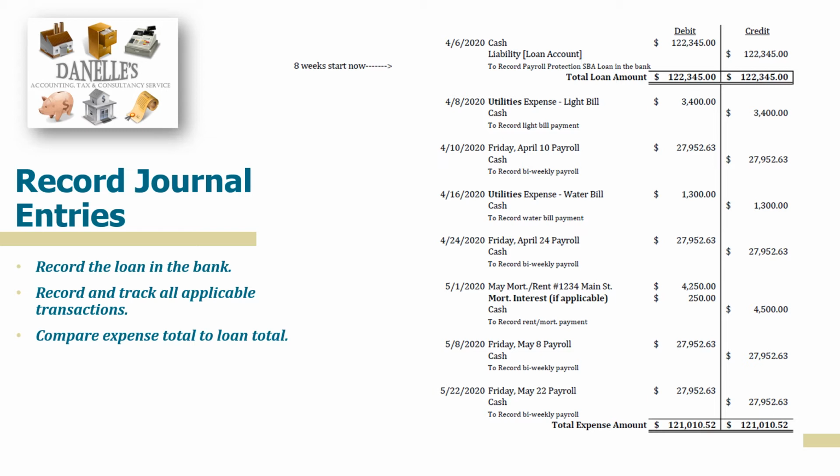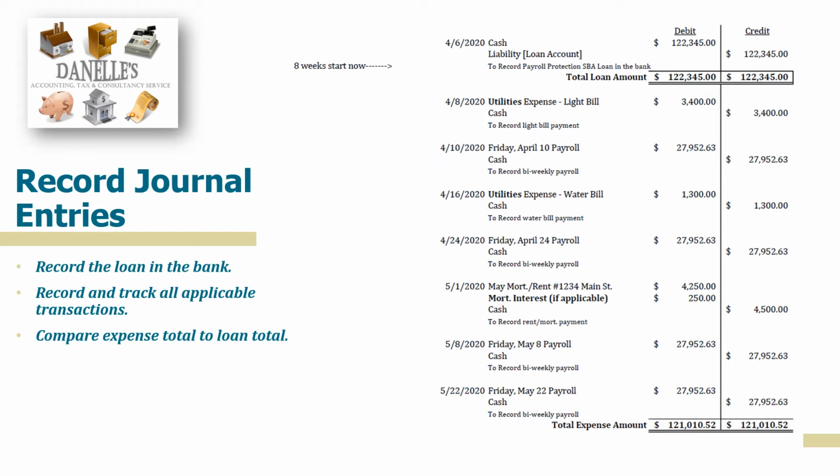So as you record journal entries throughout the next 8 to 10 weeks, you would want to do them as normal. You would pick your expense account and your cash account. You would debit your expense and credit your cash, and so on and so forth. But you would want to do it in a way that you're able to actually keep track of the funds that you've actually used, because you have to think, most of the time, and I know for the companies that I've been dealing with, this